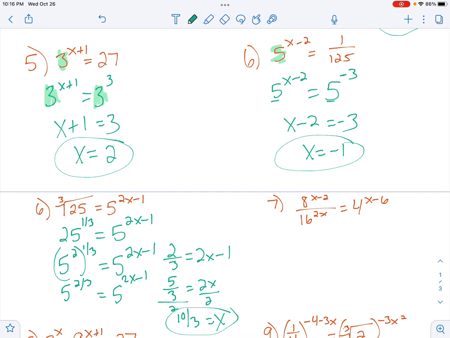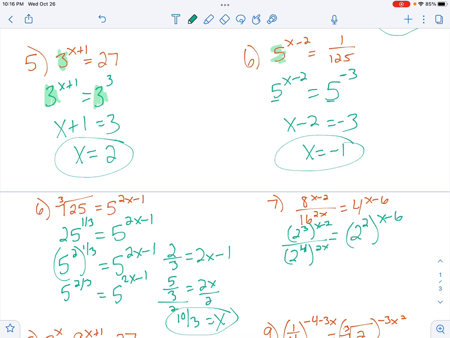All right, so what is the smallest number that we can get? Well, 4 squared is bigger than 8, so 4 is not good. But I know that 2 squared is 4. Can I get everything else down to a base of 2? Yeah, 2 times 2 times 2 is 8. So I'd have 2 to the 3rd on top. 2 times 2 times 2 times 2 is 16. So 2 to the 4th